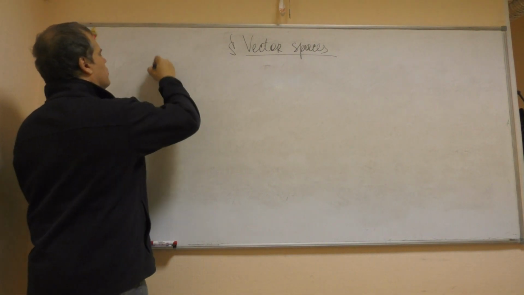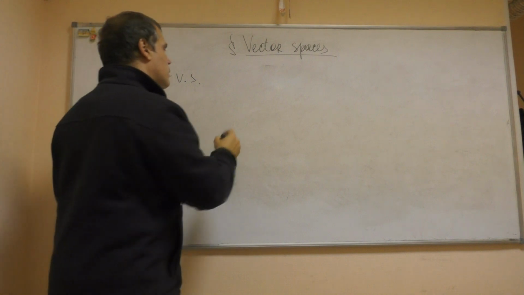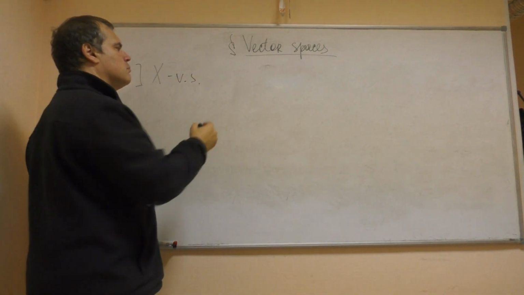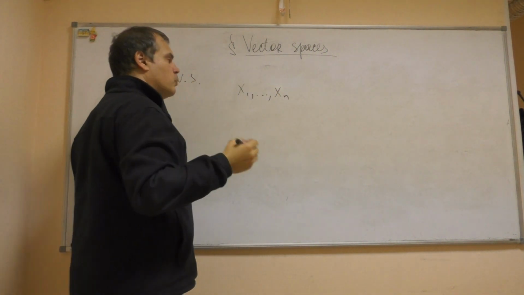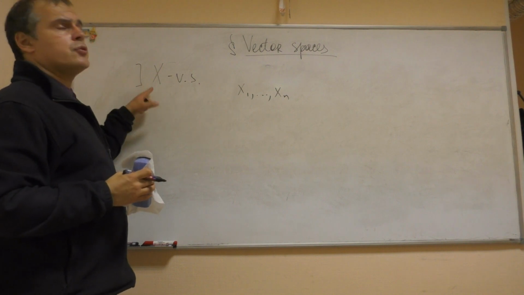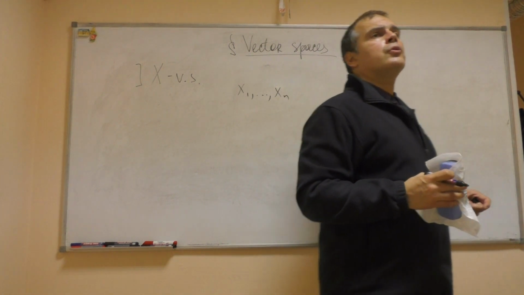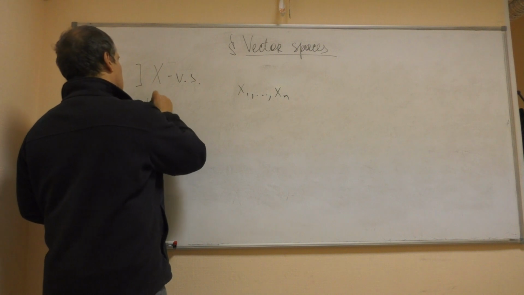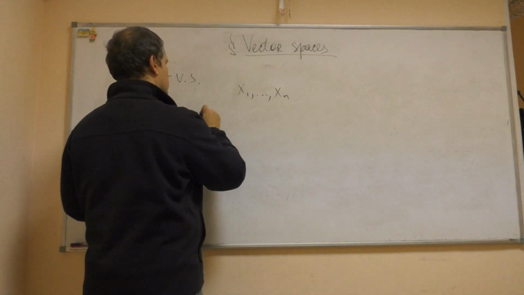Let us have a vector space, and let us have some set of vectors, a group of n vectors. I forgot to say that elements of a vector space are traditionally called vectors. We will call these vectors